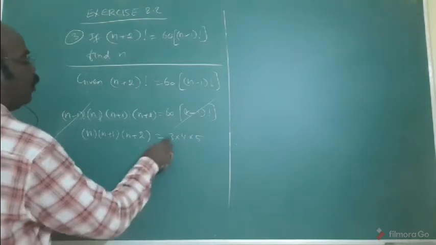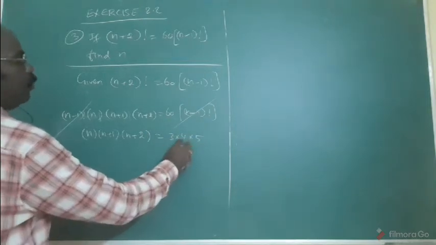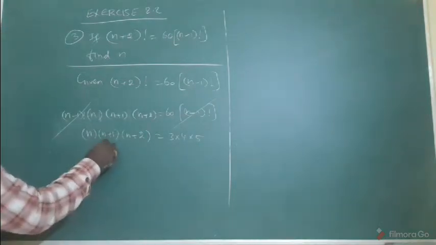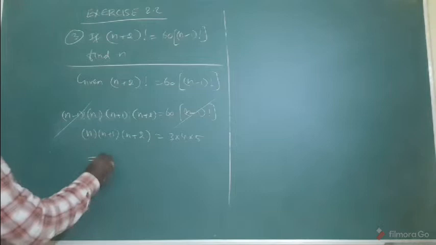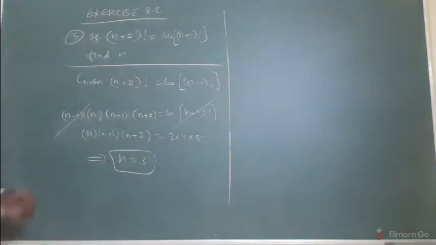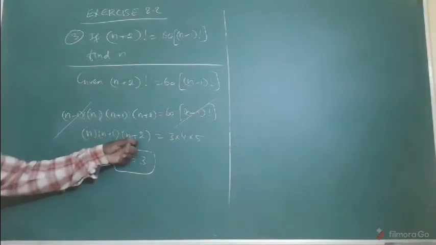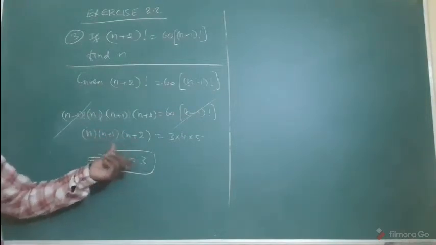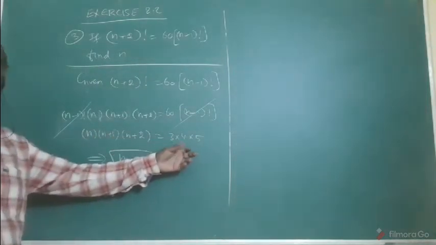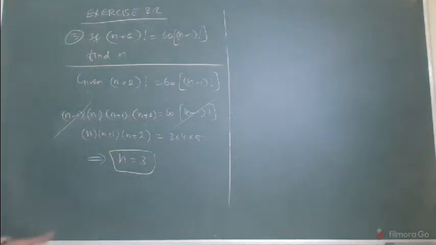What is the reason? Small number 3. Add by 1, 4. Again adding 1, 5. This is here also. First n, adding 1, n plus 1. Adding 1, n plus 2. Then comparing, n equal 3. That is the answer. Actually, ordinary multiplication means n into n plus 1 into n plus 2, you want to multiply, we get the cubic equation. Here numbers are there. Solving the cubic equation is not possible. Actually, if possible, some other idea, but using some other idea only, we get the answer.